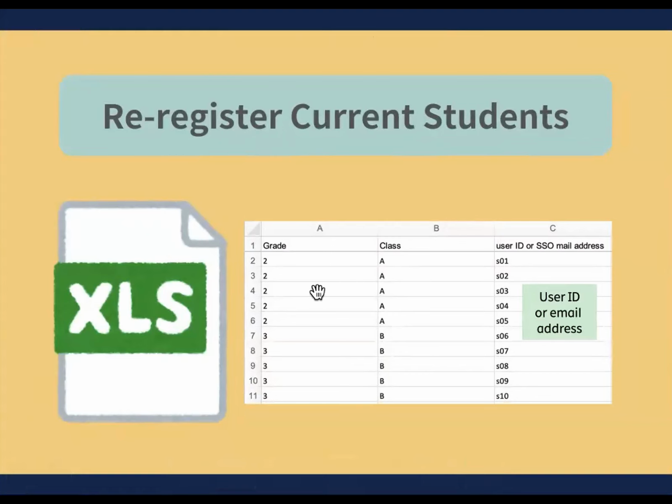So make sure at this step, check the student's ID if you're using LoiLoNote ID, or email address should be entered here. So no names should be written down in here, just LoiLoNote ID or email address. Then you've got the grade and you've got the classes. So if you check all the details are correct,